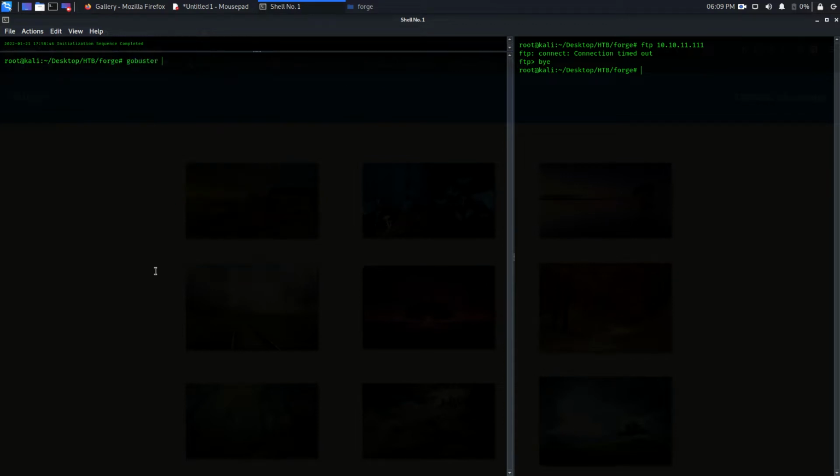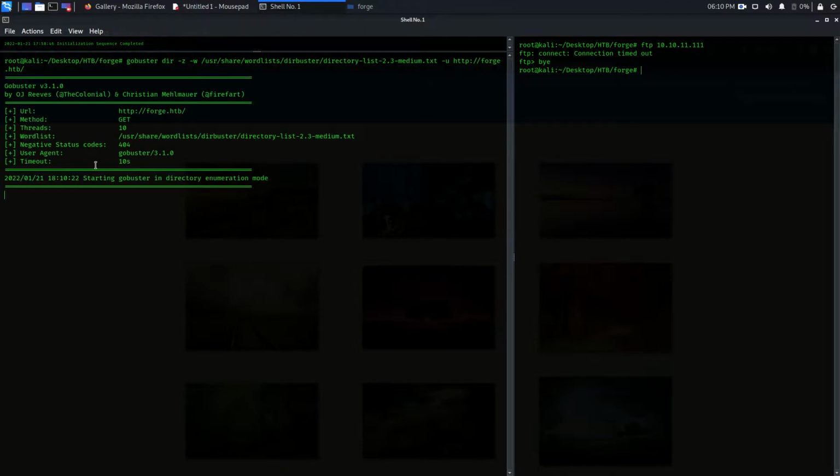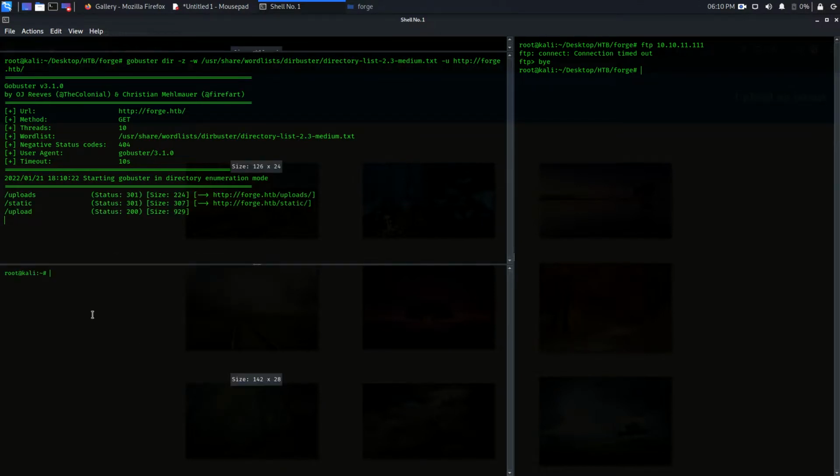So GoBuster dir for directory enumeration, -w, and the wordlist I'm going to use is /usr/share/wordlists/dirbuster/directory-list-2.3-medium.txt, then -u for the URL, http://forge.htb, and that's it. One more thing we can also do here, just cd Desktop, hackthebox, forge,